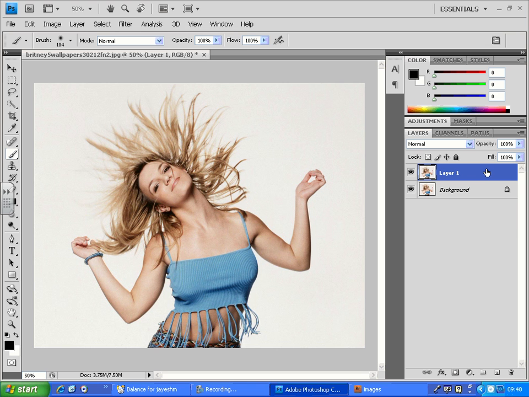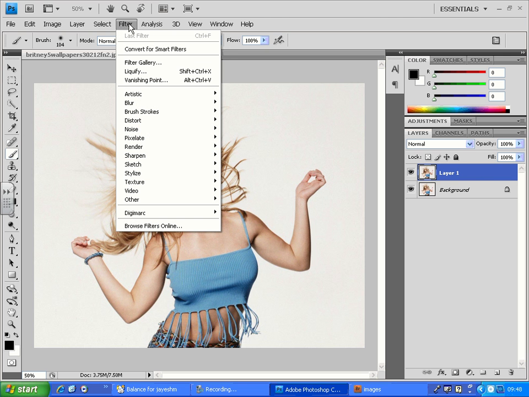Now here you can see there's a Britney's picture, and I can apply a couple of settings through the menu bar, which is the filter menu. In previous versions, there were fewer filters in the list, but with every new version of Photoshop, they keep enhancing it. CS, CS2, CS3, CS4 had a couple of new filters added. Up to CS6 now they have added a few more filters, which can do a lot of 3D effects as well